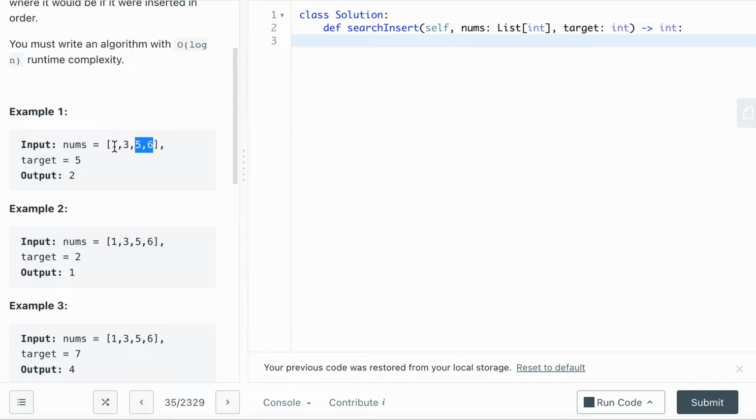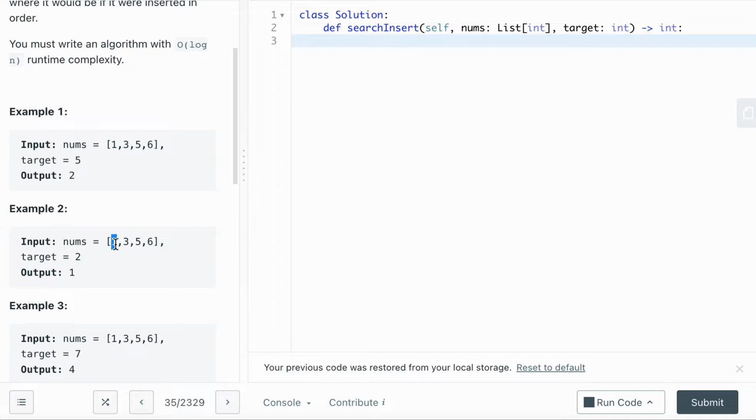In that case, what we need to do is just move the left pointer to mid plus 1, which is to here, right? If this is the midpoint and the target that we're looking for is smaller than this, let's use this example, if the target 2 is smaller than the midpoint, then we want to look at the left side of the array. In that case, we shift the right pointer to mid minus 1, basically to this position, right? When we shift to this position,